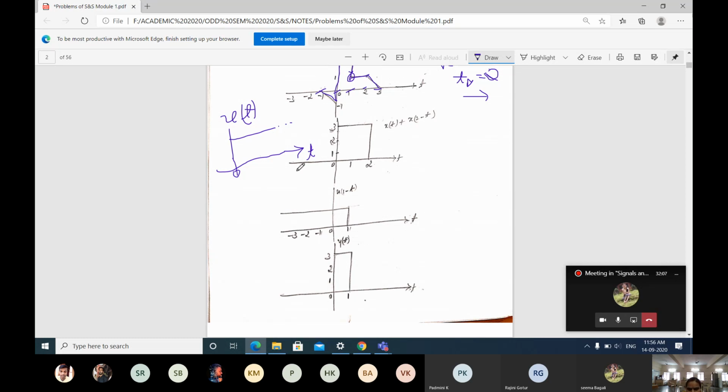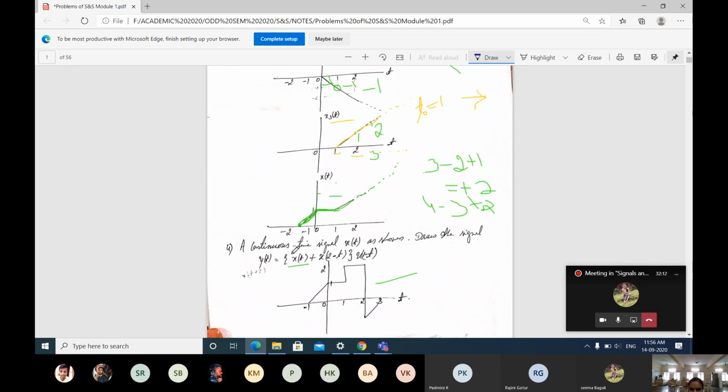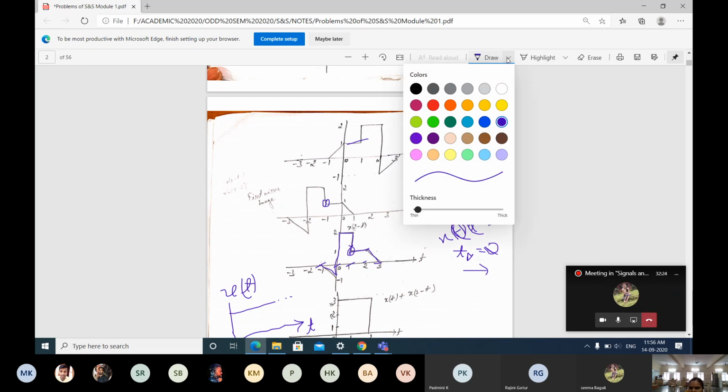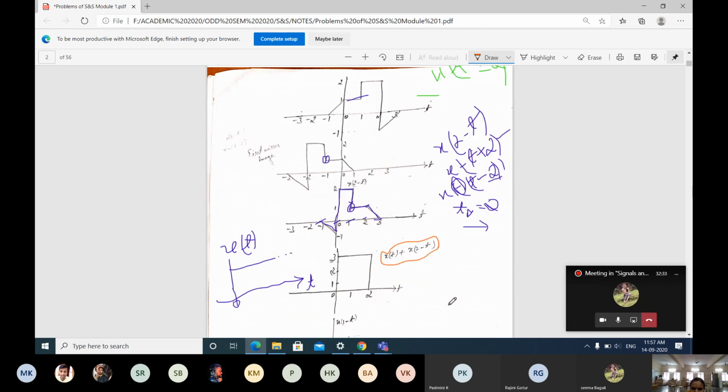Before that, here it is drawn for adding of these two. Before that we go for adding of x of t and x of 2 minus t. Okay, this is our x of 2 minus t and this is our x of t signal. I will go for different coloring. We will add these two parts. Then I will tell of u of t function. First you just observe this, and next I will erase all.